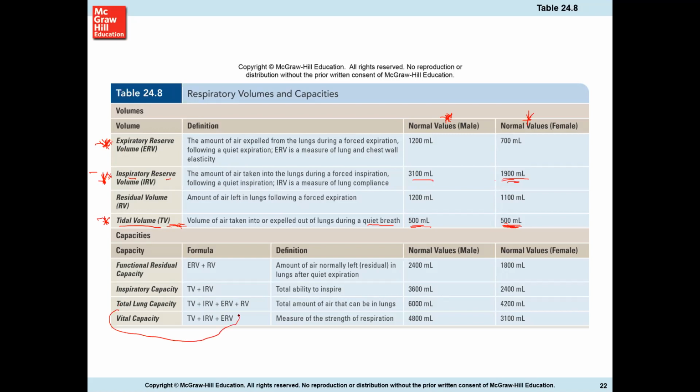And I think this is the most important of all capacities, because it's one breath, right? And why is it so important? Because it takes in 3 things into account. The way you breathe normally, which even in sick people doesn't change very much. You could have a normal TV and have emphysema. But these two, this is inhalation and exhalation. So vital capacity is a very important